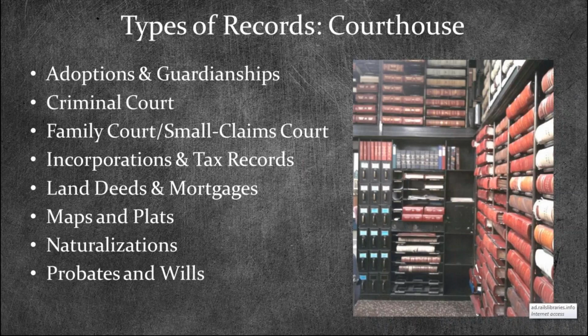Probates and wills are pretty standard. A will is what the deceased files with the county courthouse before they die. When they pass away, then there's an executor who's put in charge of the estate. If somebody dies intestate and they do not have an executor, they do not have a will that they created in advance, then that goes through what's called probate. And when you're looking at probate records, there are 2 terms to keep in mind.